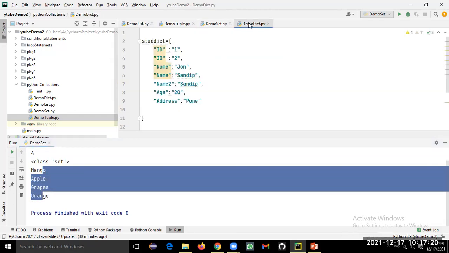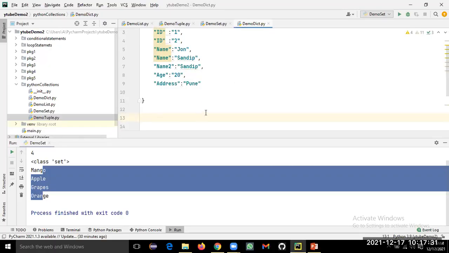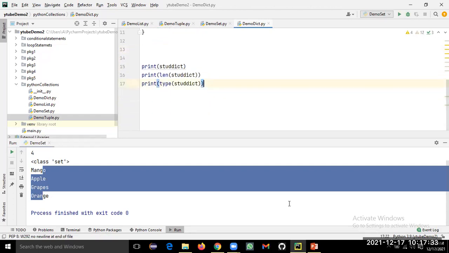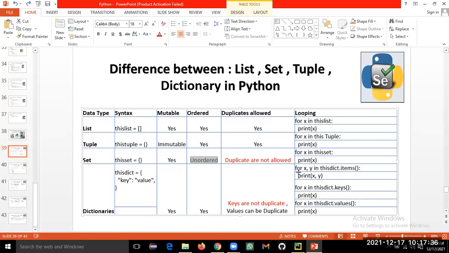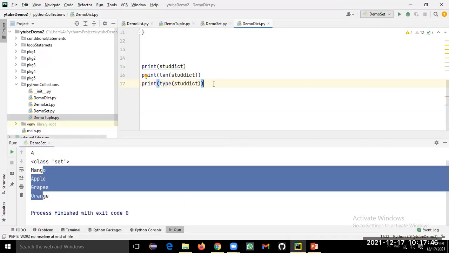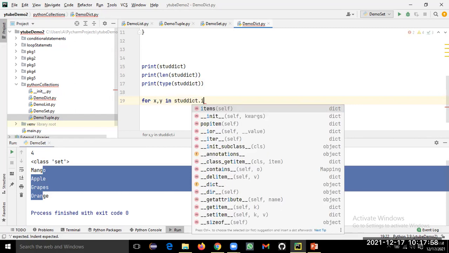Now let us move on to the dictionary. You want to print all the items from the dictionary. Here the syntax is a little bit different. There are keys and values, so you have to take two variables from this dictionary and print them. So, for X comma Y in student dictionary dot items.